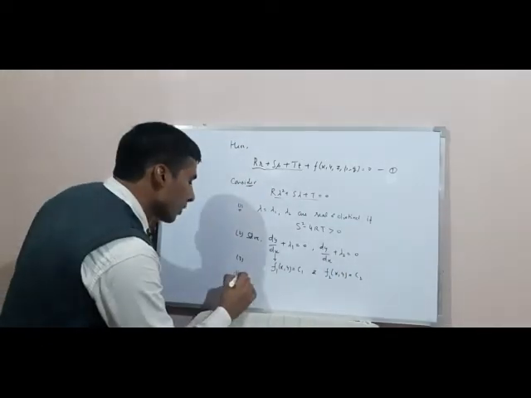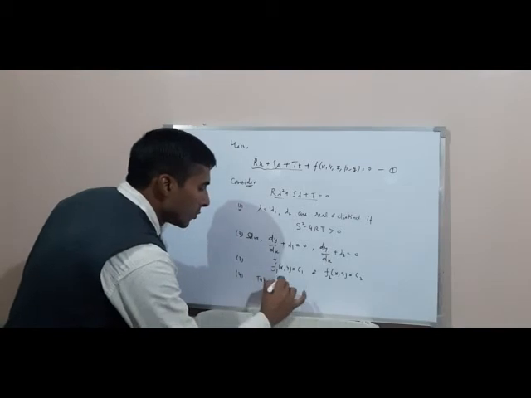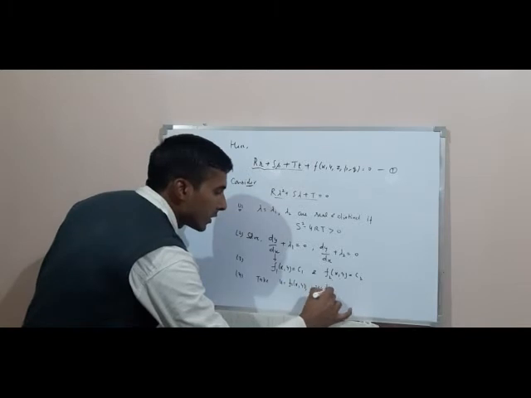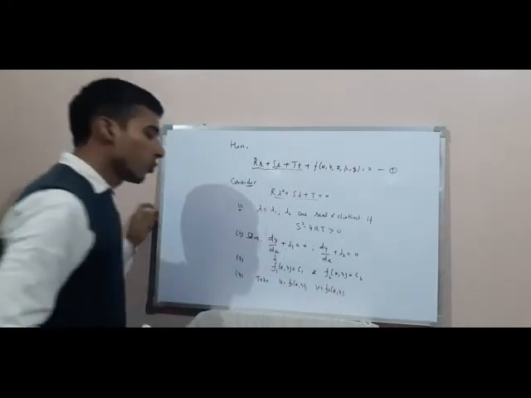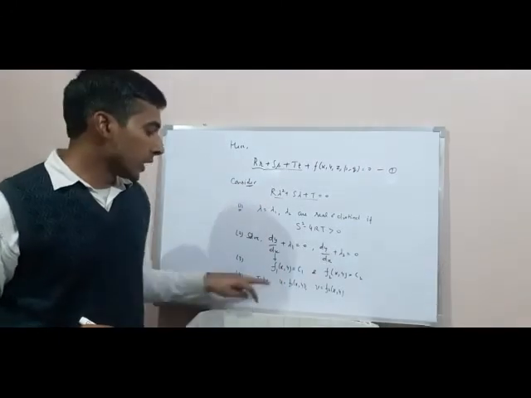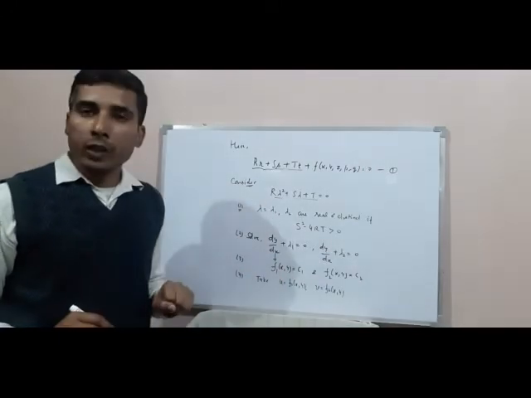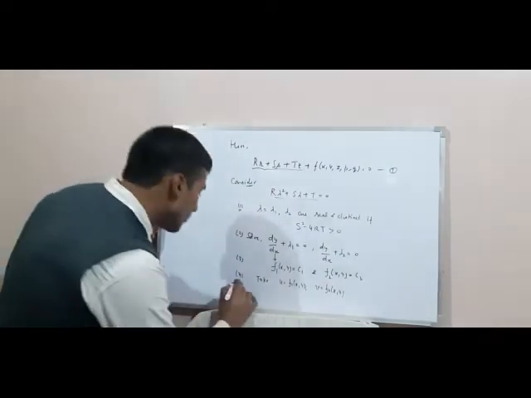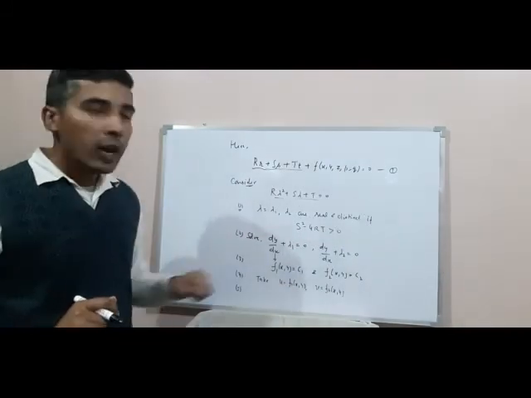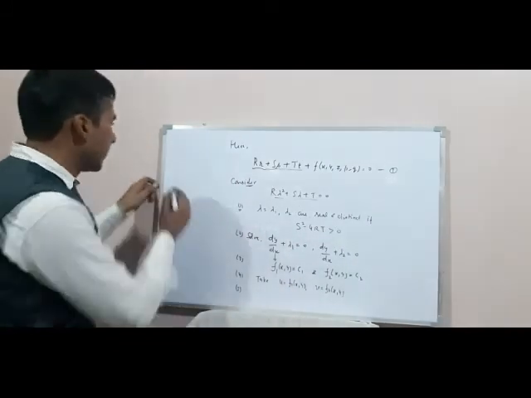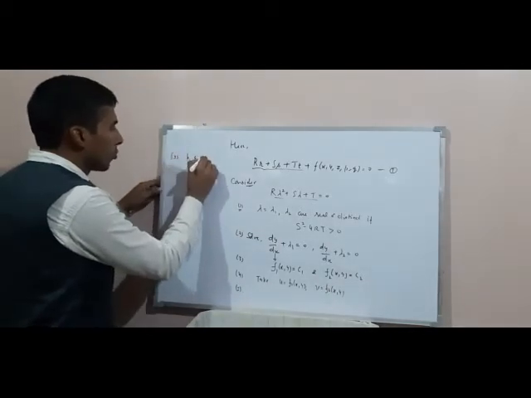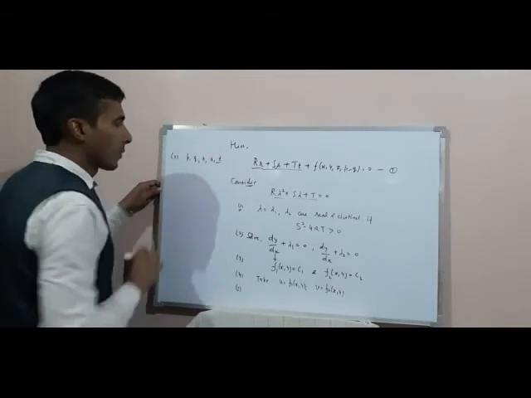Now we take u as f1(x,y) and v as f2(x,y). You can check that the Jacobian of u and v is non-zero. That means the obtained u and v are linearly independent. Then using this transformation, u equal to f1(x,y) and v equal to f2(x,y), the fifth step is we will find the values of p, q, r, s and t.